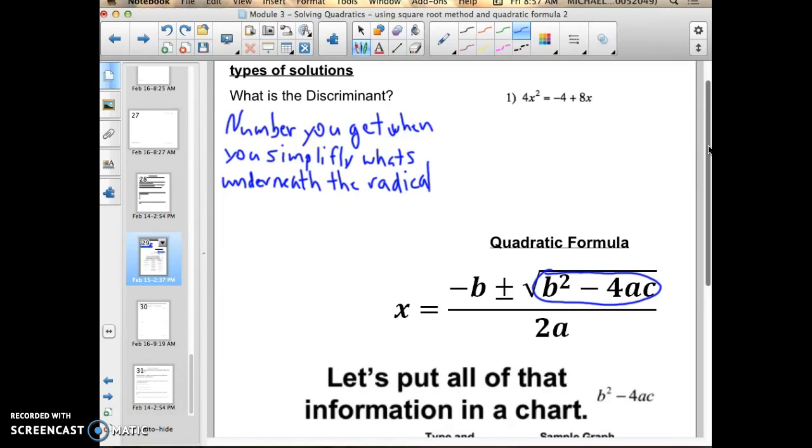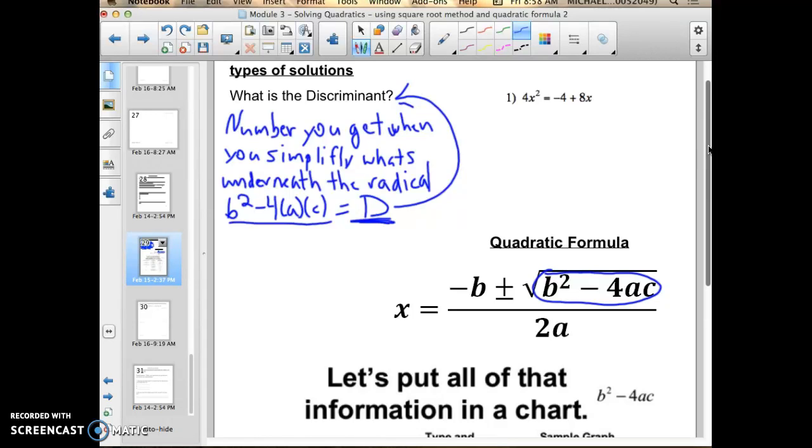And it's listed then as b squared minus 4 times a times c. So whatever your a, b, and c are, when you put it into this part of the quadratic formula, that will give you a value. And this is equal to D, the discriminant. So D equals the discriminant. That's what we're trying to find, and that's what's going to tell us how many solutions and what types of